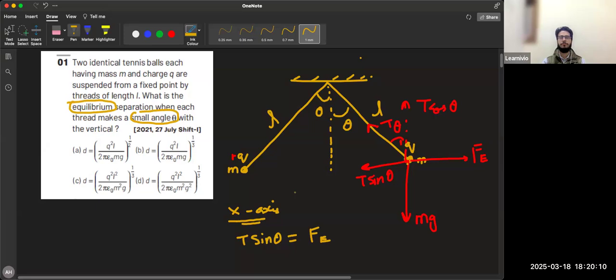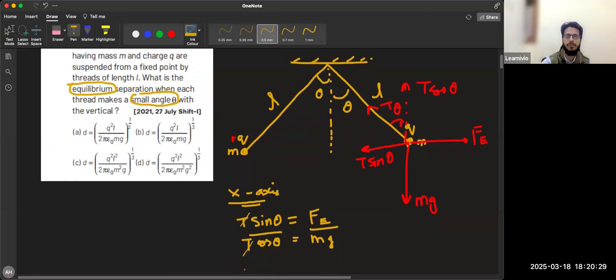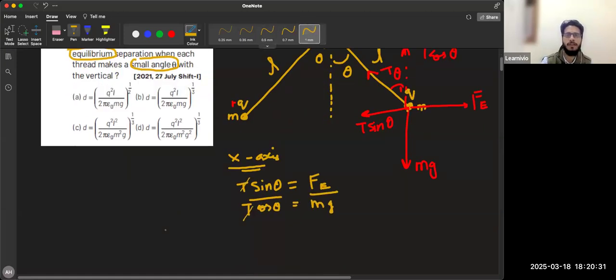Two again. Two. What are they? T cos theta and then mg. T cos theta is equal to mg. Just divide them. When you divide them, this tension will cancel this tension. You will get tan theta is equal to